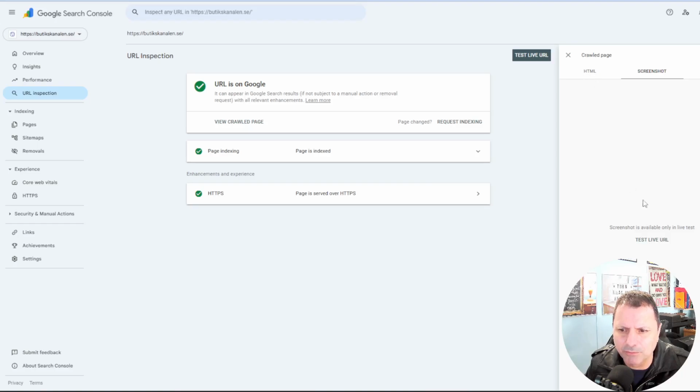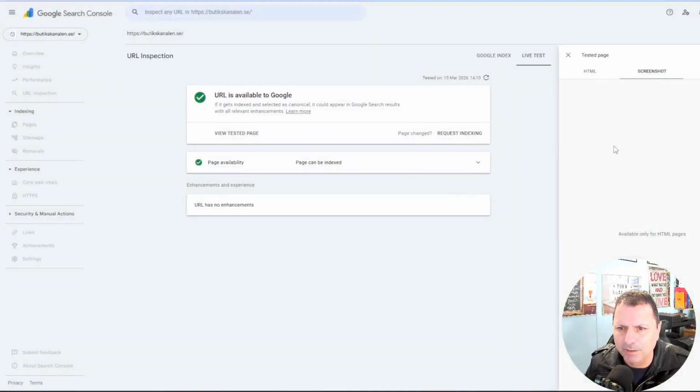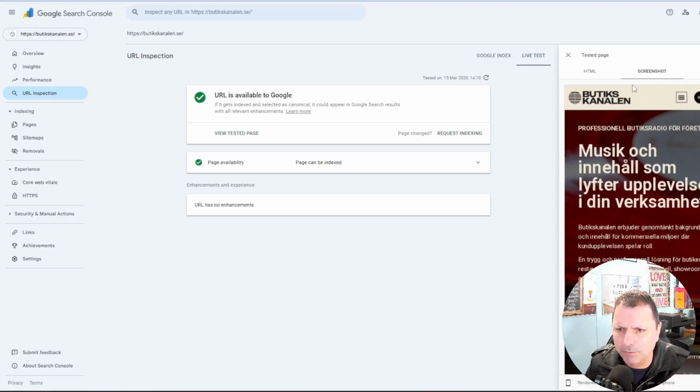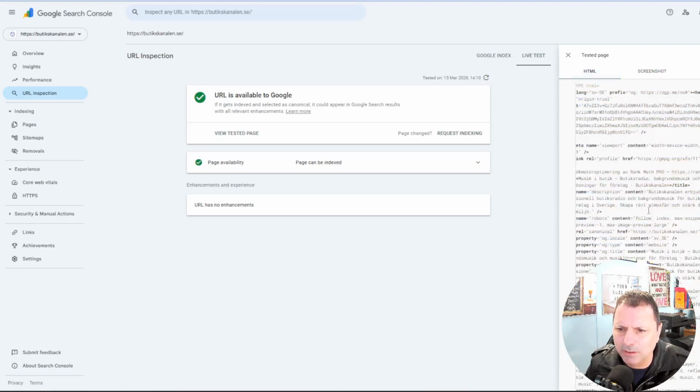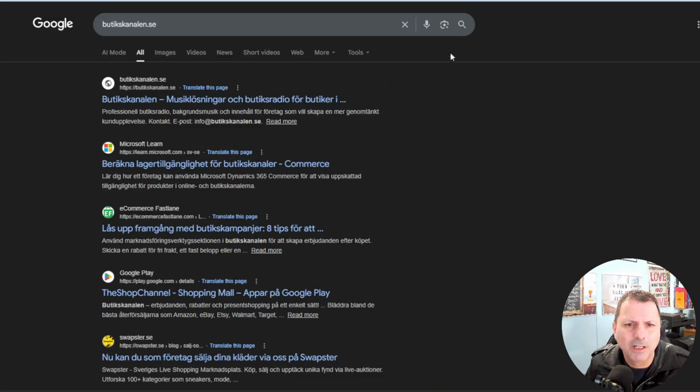And you can even see a screenshot of your test, your live URL. You see here, I can test it and see a screenshot of the live URL. And over here, the SEO description and title is going to show, in fact, in my HTML. Okay, it's no use to have the preview of the live URL, but it's okay if I want to just check it over here. The point is that what we care about is to have this title change, and as you can see, it's already changed now. It's already crawled the website, so I can check it over here and see the result and how it's changed. You see, already here I got this one, and